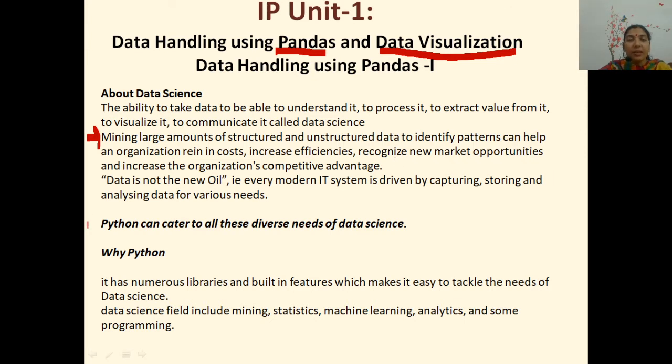Just see, data is the new oil. Have you heard it? Data is the new oil. This quotation is very important because every modern IT system is driven by capturing, storing and analyzing the data for various needs. You are able to understand it in the current scenario also.